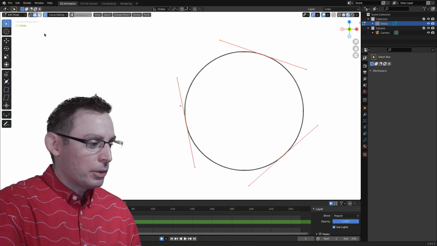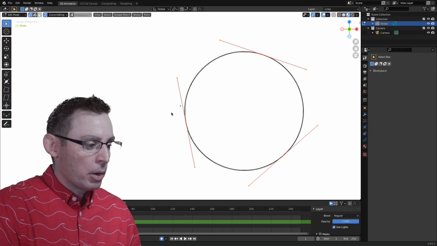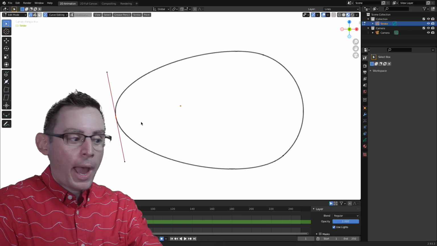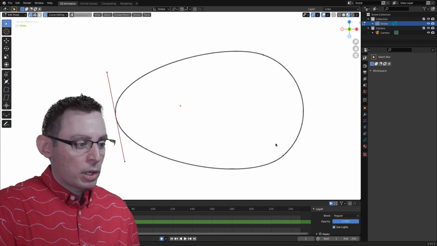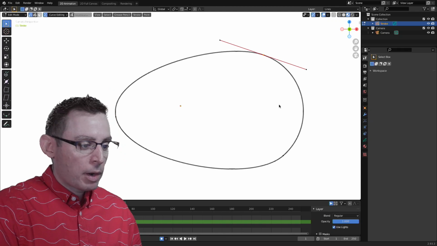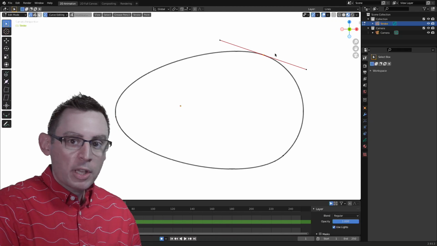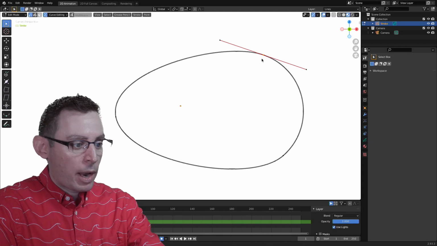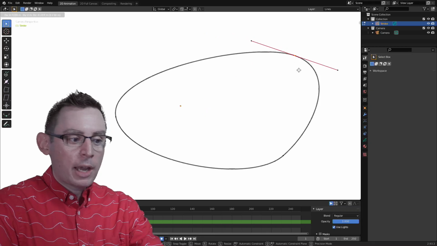These Bezier handles, when we're in the point selection mode, will allow us to select the handle itself, and now we can grab that shape and begin to transform it. So these handles are really made up of three major components. Let me grab this one over here. You can see that there's a center knot on the inside, that little dot. If we were to grab that, select it and grab it, you can see that the entire handle moves.